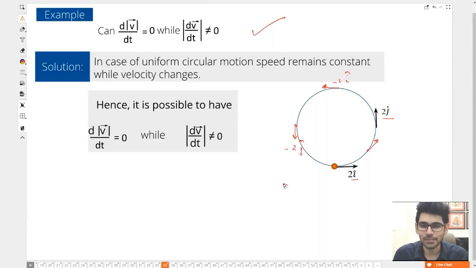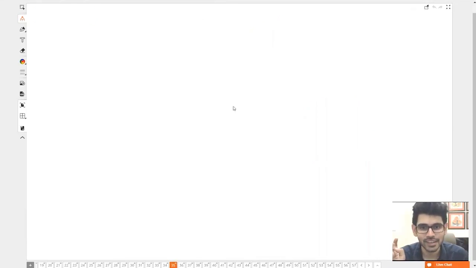Now someone will say, if the velocity is changing, there is some acceleration, right? If the rate of change of velocity, if the velocity is changing, there is some acceleration. Then the speed should increase, right, with acceleration. Understand this. Now this is a very beautiful thing. I will explain it to you. So if I'm moving with 10 meters per second, right?